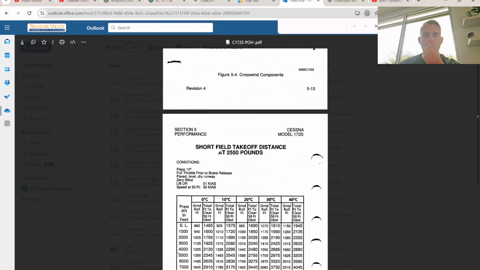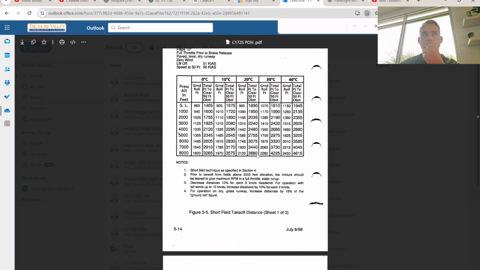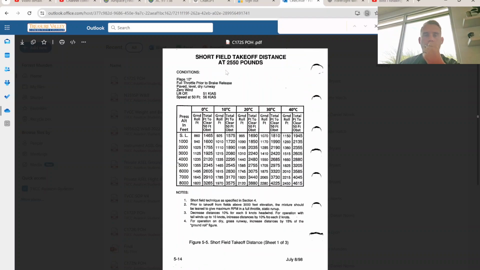Today I'm going to be talking about short field takeoff distances and landing distances. You're probably needing this for your CFI, or you're using this for a nav log or something like that. I'm going to break this down very simply, as I always do. You're going to go to your POH, to the performance section, which is probably section 5 or 6, and go to short field takeoff distances, and you're going to see 3 different